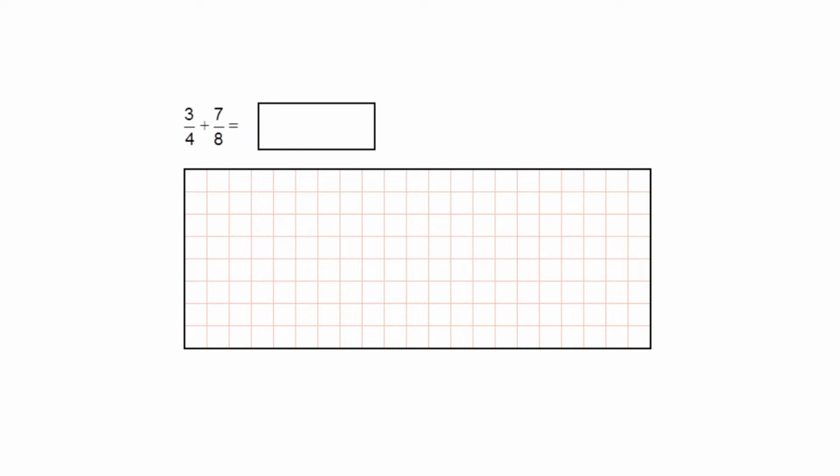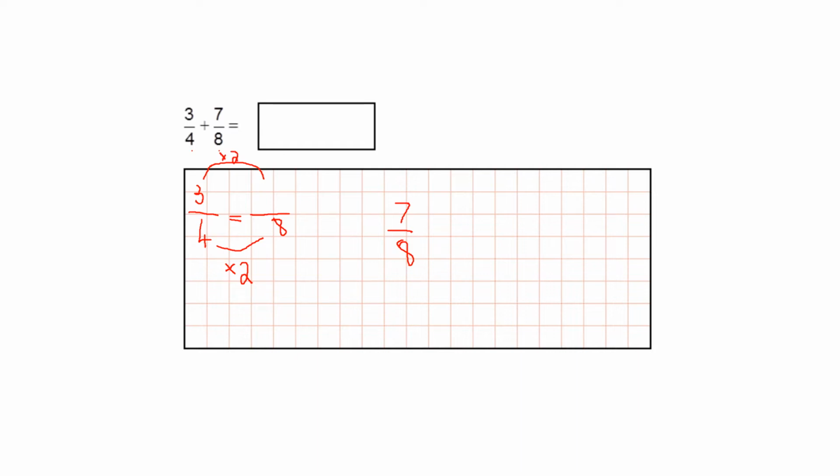Let's look at this question again. We've got 4 and 8. I know that 8 is a multiple of 4. So 7/8 can remain the same. Now 3/4, I'm going to find an equivalent fraction for that. So 3/4, you ask yourself, equals how many 8s? I know that I've times my 4 by 2, because 2 times 4 is 8. So I know that I am going to times my 3 by 2,